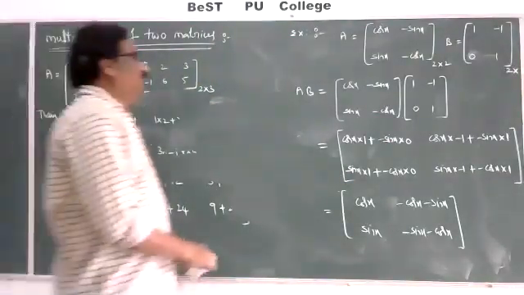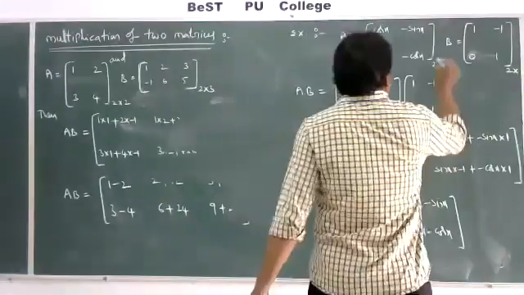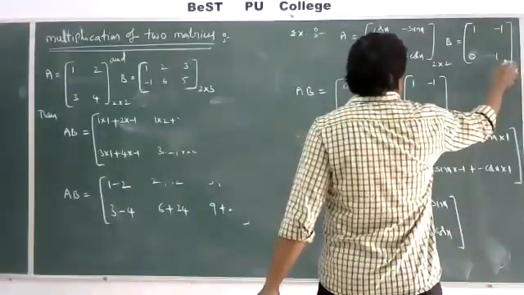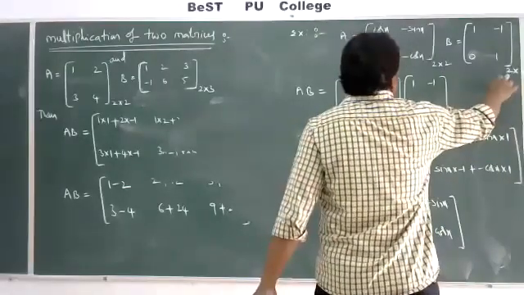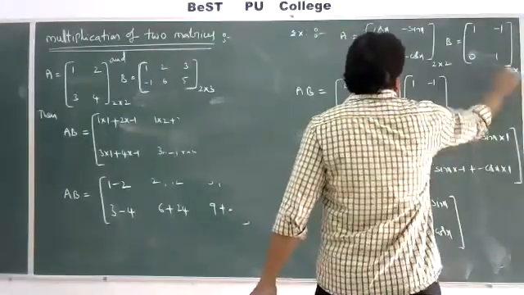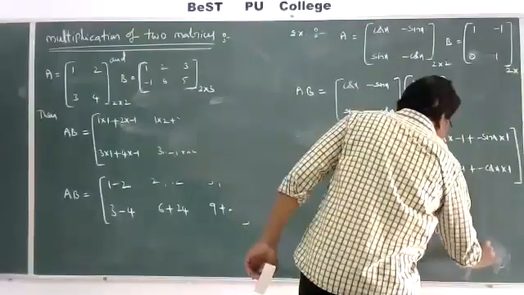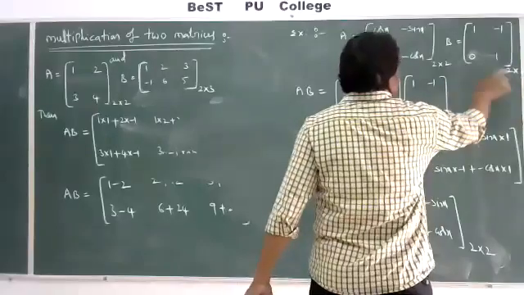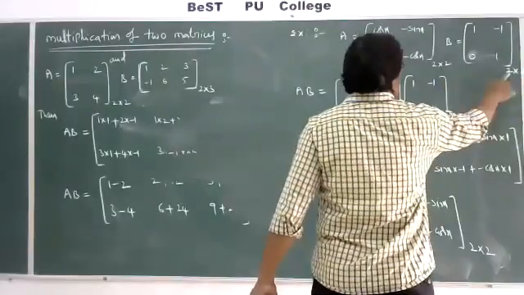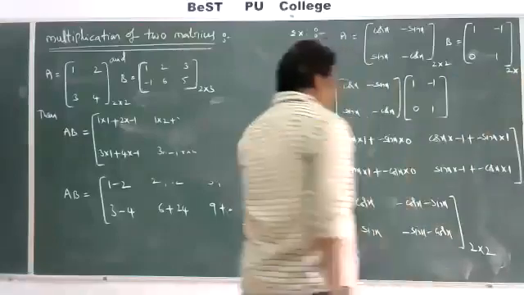That is, you get, this is A 2 by 2 matrix and B is 2 by 2 matrix. Here the number of columns and number of rows are cancelled. Then you get again a 2 by 2 matrix. 2 by 2, here 2 by 2, this 2, this 2. Here the number of columns and number of rows are cancelled. Then you get 2 by 2.